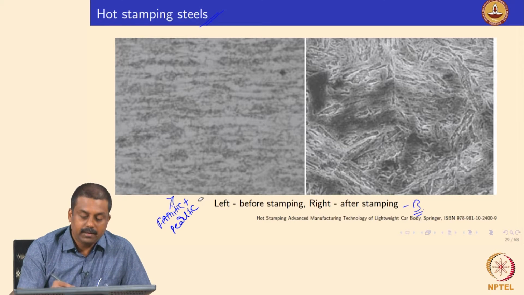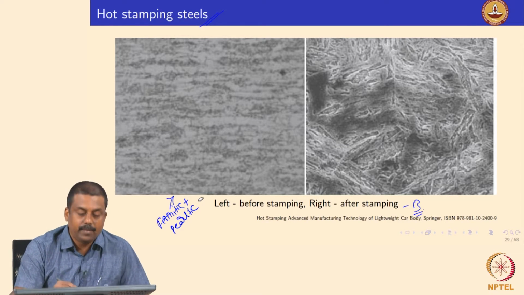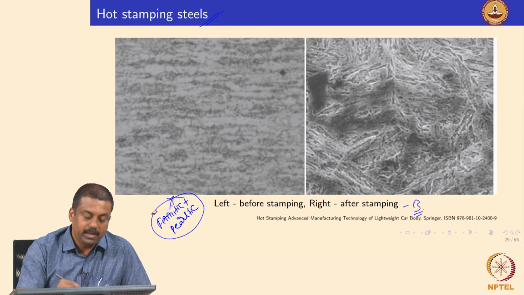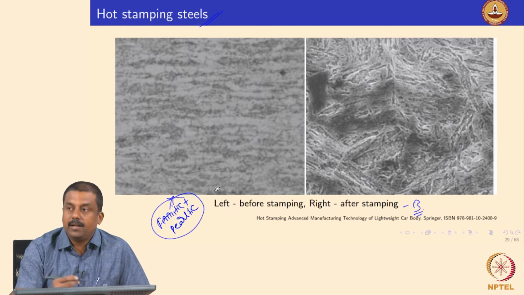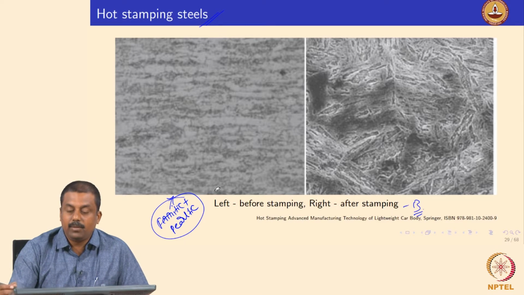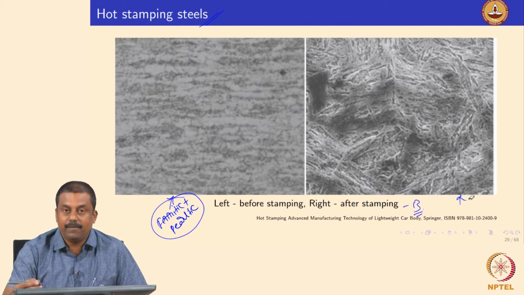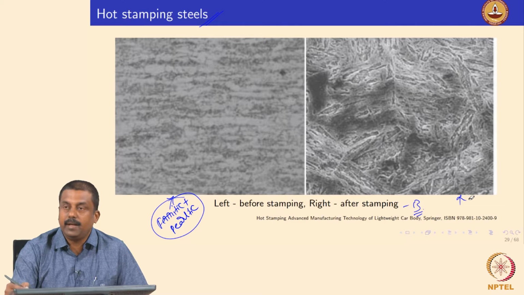And this ferritic pearlitic microstructure containing a slight amount of boron is taken to high temperatures to form austenite, to completely transform the ferritic pearlite into austenite microstructure, and then we form the component at high temperatures, and then subsequently we cool the components after forming to form martensitic microstructure. Okay. And during this cooling process, we have already seen from CCT diagrams, if hardenability is significantly higher, even with slow cooling rates, we may end up forming complete martensitic microstructure